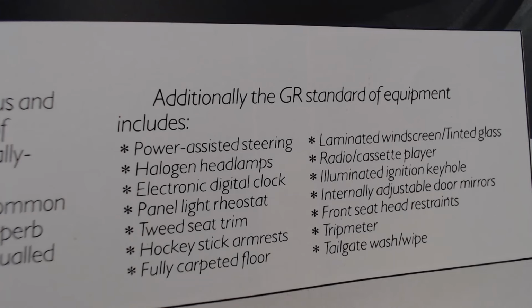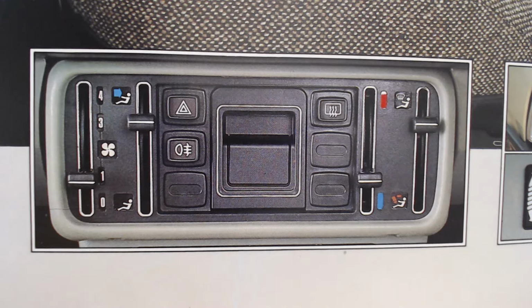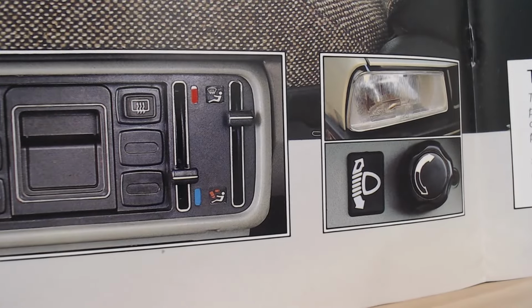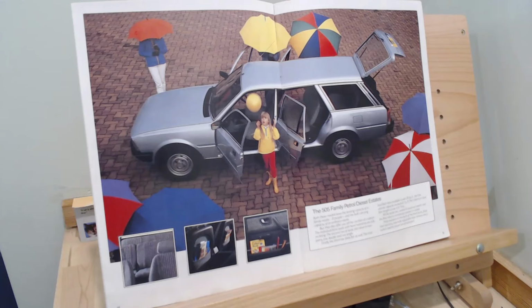Hockey stick armrests, fully carpeted floor, laminated windscreen, tinted glass, radio cassette player, illuminated ignition keyhole, internally adjustable door mirrors, front seat head restraints, trip meter and tailgate wash wipe. So I think quite nice spec overall. A quick look at the heating and ventilation system and a couple of the extra little switches, and again we've got that adjustable headlight. And then the brochure moves on to look at the family versions, those big 8-seater family